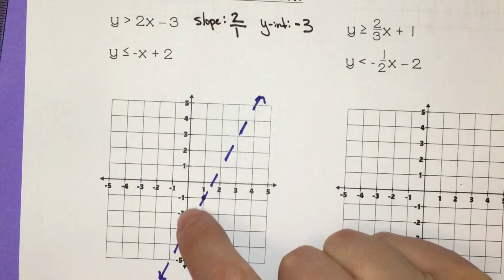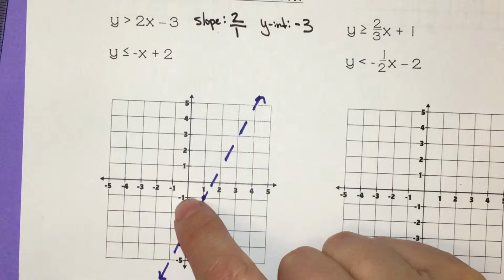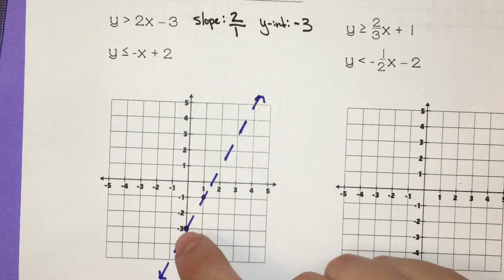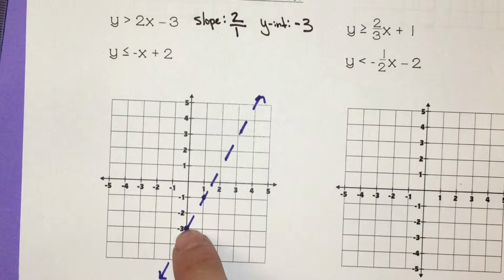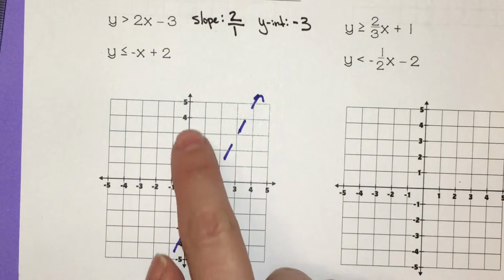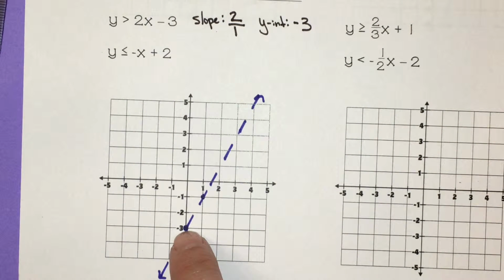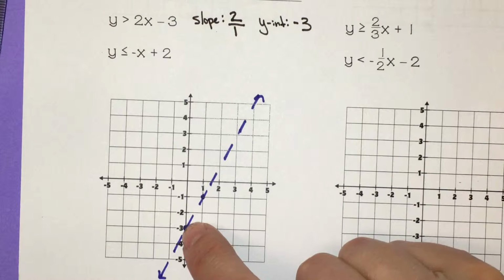I'm going to shade on the side of the y-axis that has y values that are greater than the line. So just looking at the point where it intersects my y-axis, that's all I'm looking at. I know that above it, these values would be greater than -3. The values below it are less than -3 where my graph intersects the